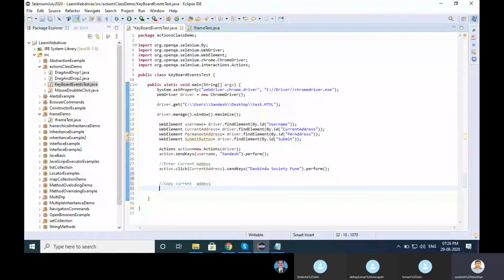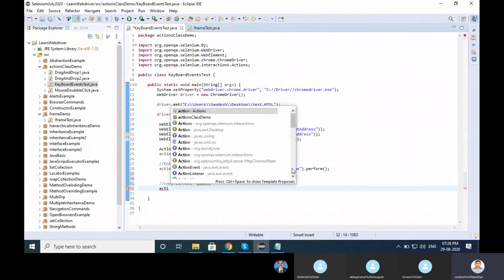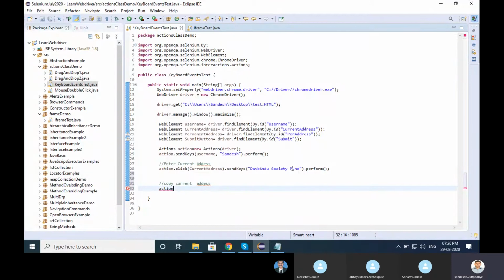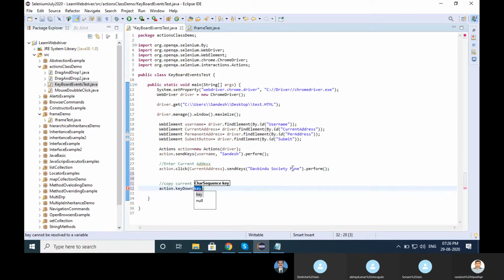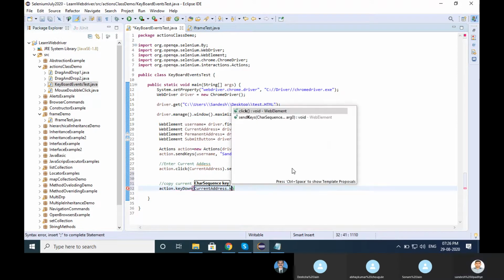Control A for select all, Control C for copy, and then I want to perform Control plus C. Actions dot keyDown, then I want to pass current address, current address dot.